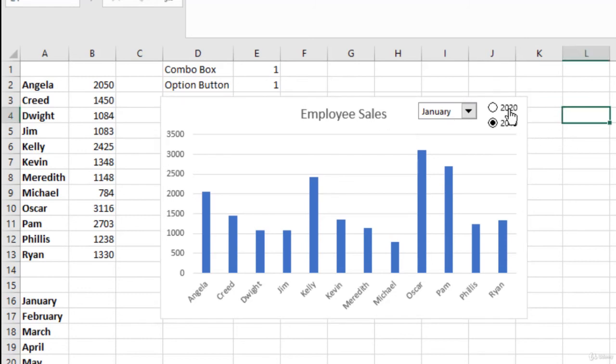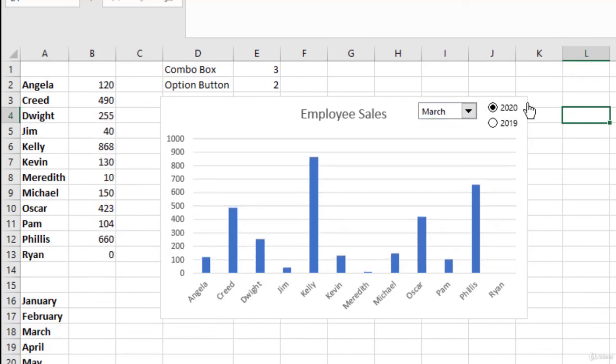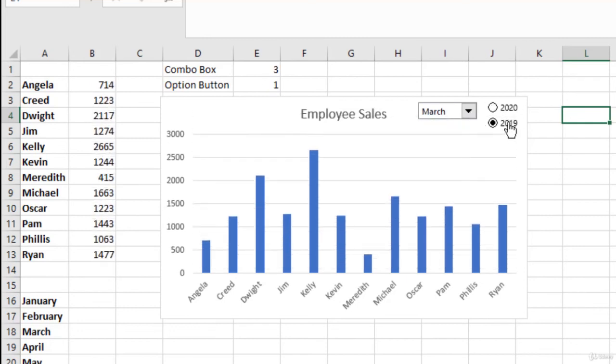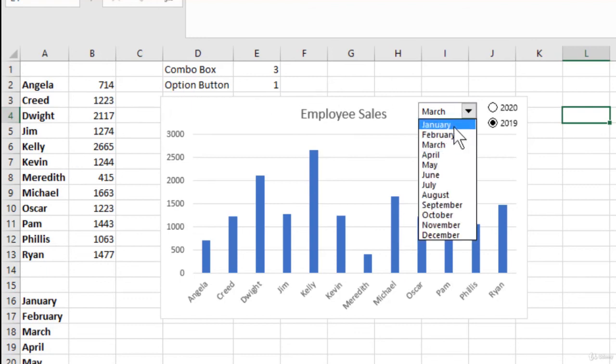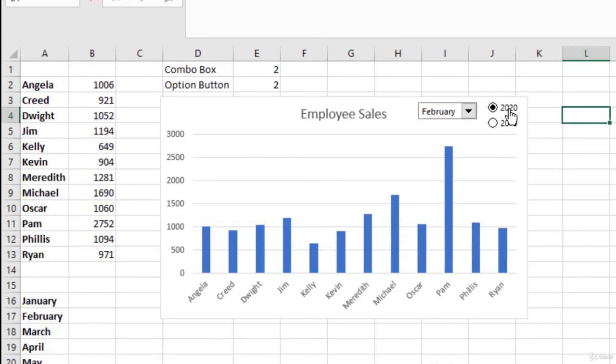All right. So now we can see what happened in 2020, March, about 2019. And that's a pretty cool graph, huh? So if you were to give this graph to someone, they don't need to know how all these formulas operate. They can easily operate this all by themselves without any issues. And that's what you want. You want to make it user-friendly. The whole point of these form controls are to make it user-friendly to the person you're giving it to,